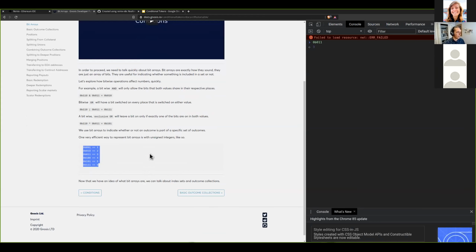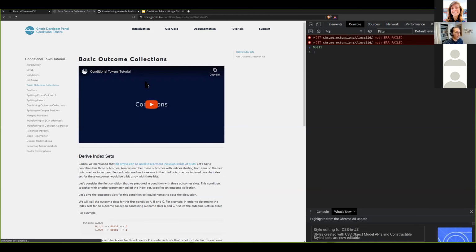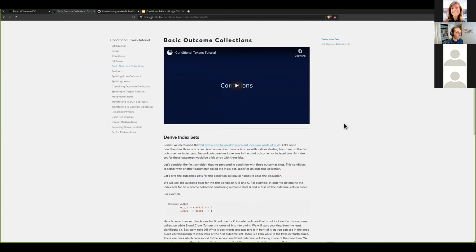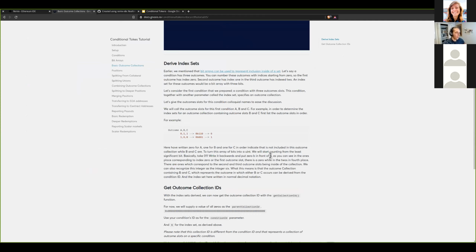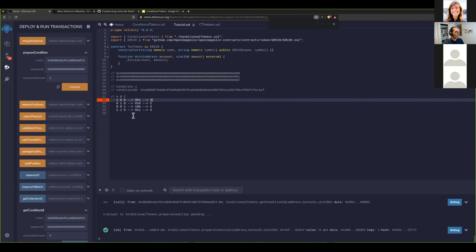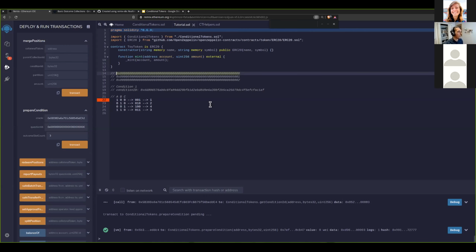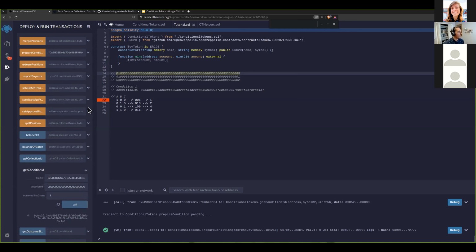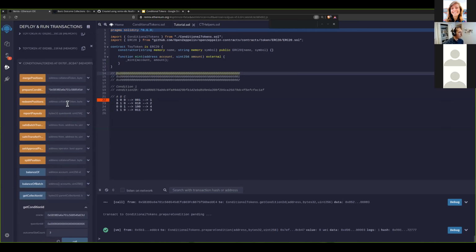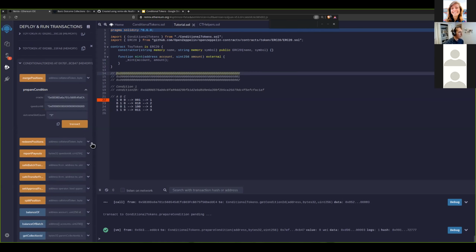There's a nice little cheat sheet here on the developer docs. So we'll go ahead and set up a basic collection outcome now. What we're going to do is, because we're splitting from collateral, we'll use just a blank array, or just 0 as our bytes 32, and we're going to jump down to where are we at? Prepare condition here. Sorry, no, we already did that. We're going to